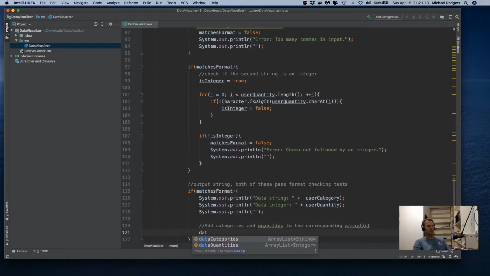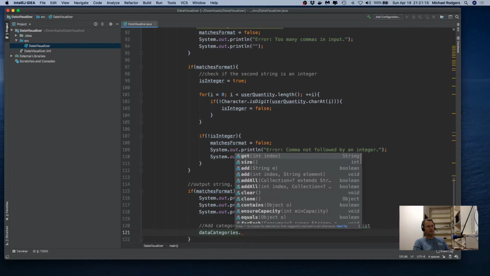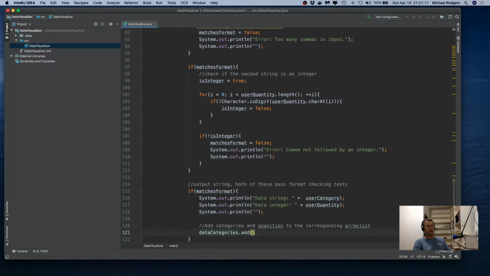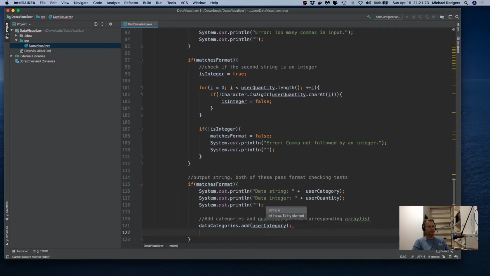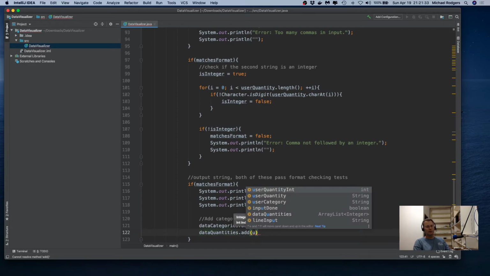All right. So we declare our data categories up there. So we say data categories add. And now we're going to add the user category. And data quantities add. And we're going to add our